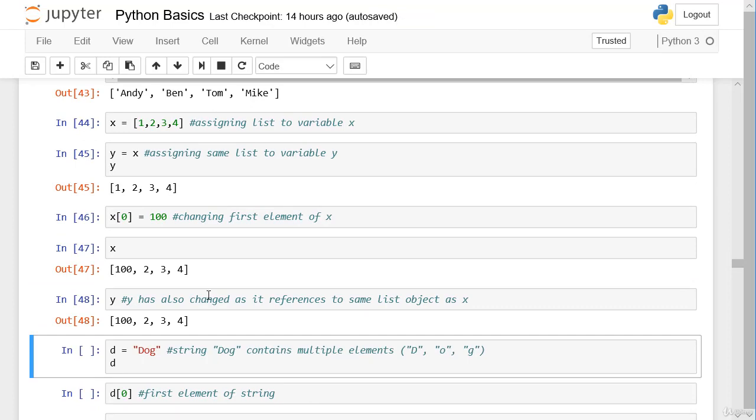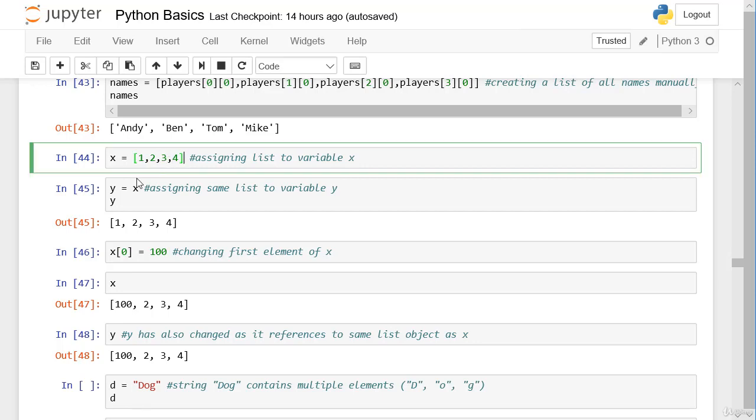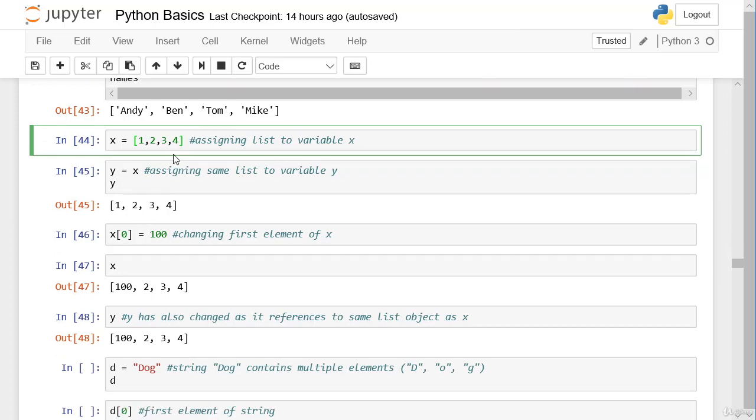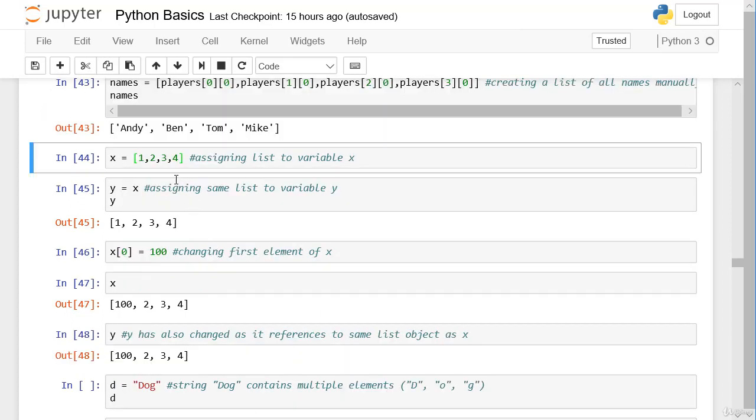So why is this the case? Well, what Python does internally, here it creates a list object and makes a reference to variable X. And here we are assigning Y to X. So we are creating a reference from Y to the same list object. So we only have one list object and we have 2 references, one reference from X and one reference from Y. And now if we change our object by changing the first element of X, Y references the changed object. So maybe it was our intention that Y also changed,